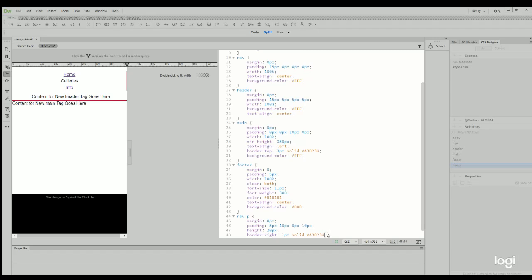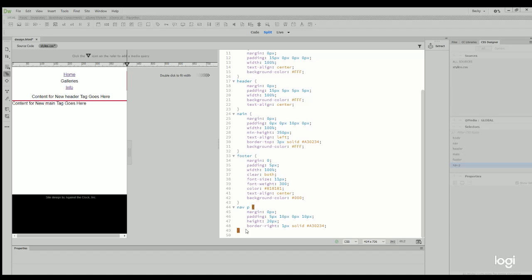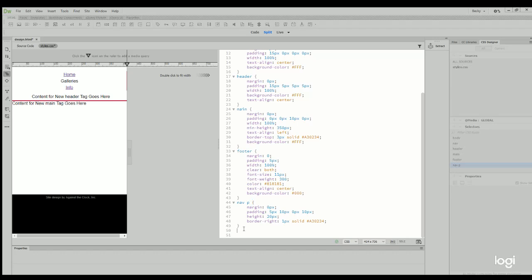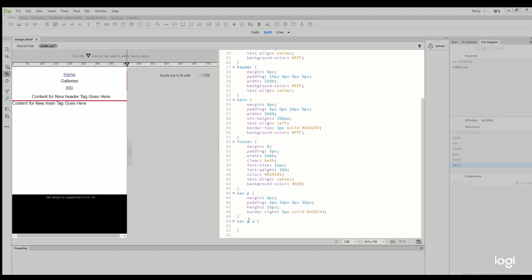A30234 and put a semicolon after that, and then that will complete that rule. Now the second rule that we are going to write is for the nav paragraph hyperlinks, which starts with an A. So we will type in nav paragraph A for the hyperlink, and then start the curly brackets, and hit enter. And the first rule we are going to write is color